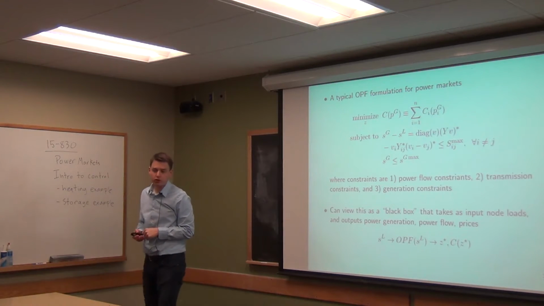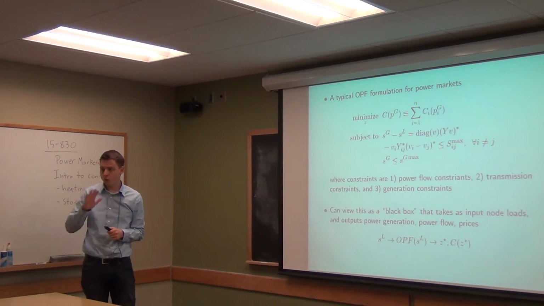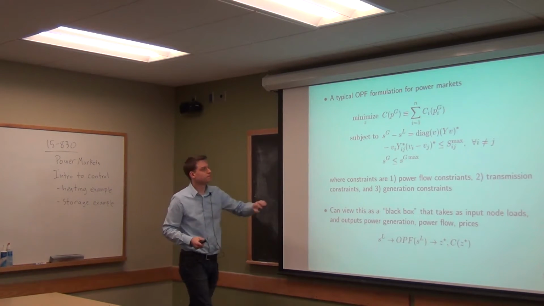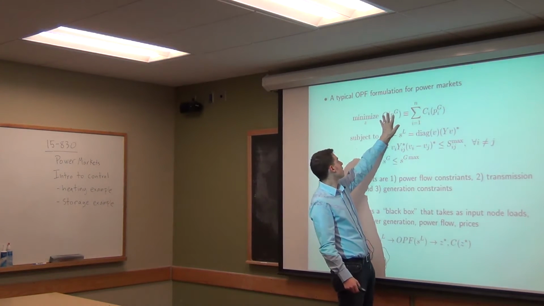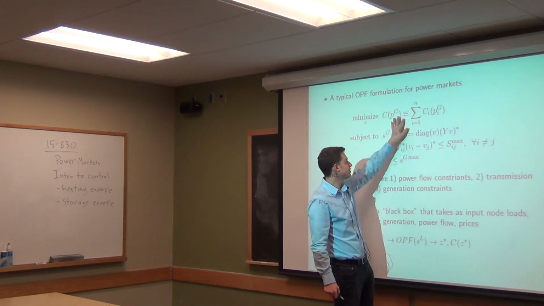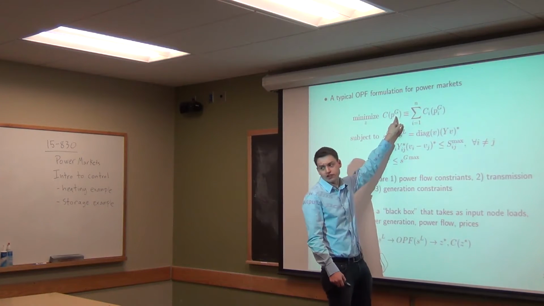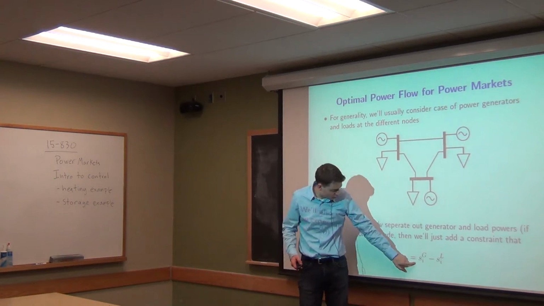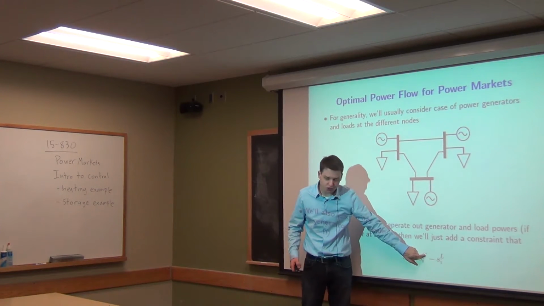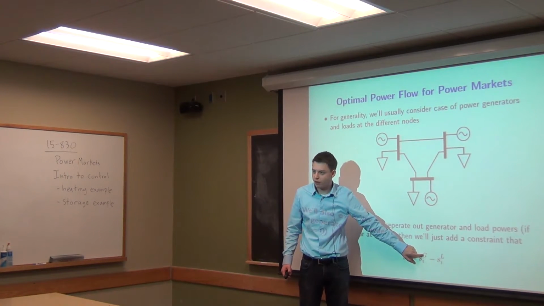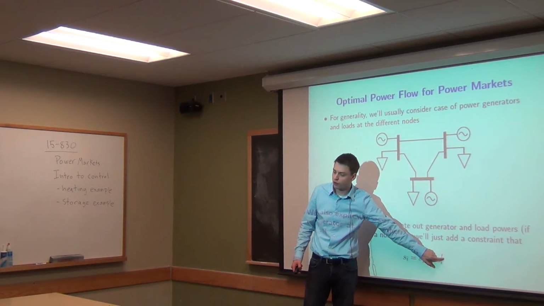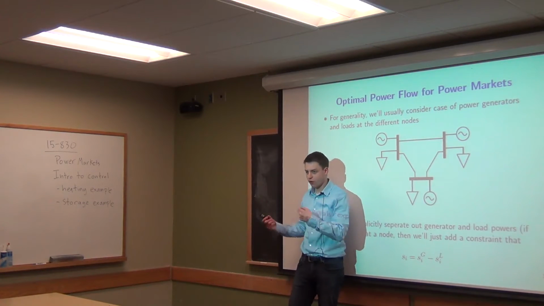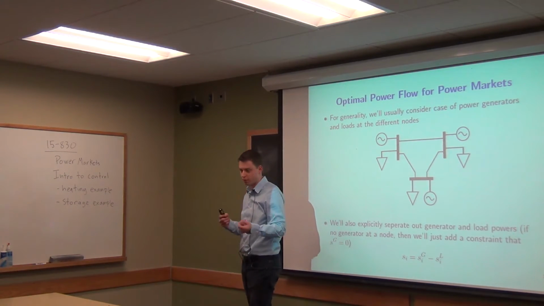Okay, so a typical optimal power flow for these power markets just takes the following form. The idea is you want to minimize the cost of generation here. Remember, the superscript G will refer to generator power, the superscript L will refer to load power. And PS here is going to have a real and reactive component, which is going to be P and Q